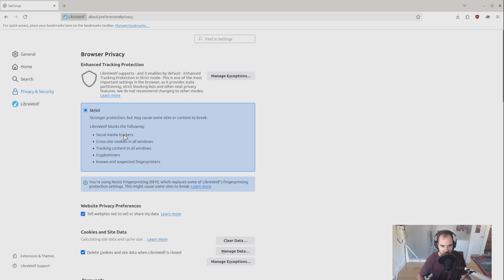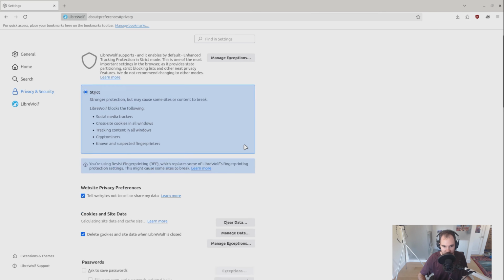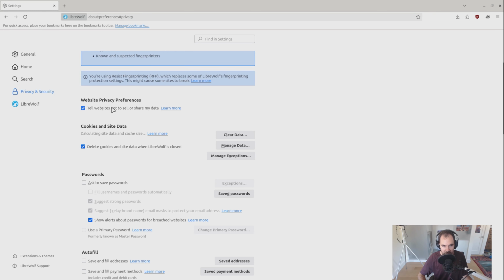It's going to block social media trackers. It's going to block cross-site cookies. It's going to block tracking content. It's going to block crypto miners. It's going to block fingerprinting apps and utilities. It's going to tell websites not to share your data. It's going to delete cookies when LibreWolf is closed. So basically what that'll mean is,